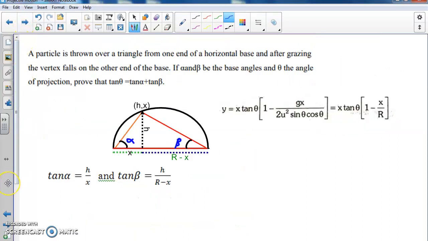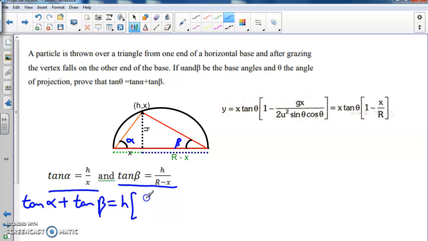In the next question, this is the figure, and in the first triangle we have tan alpha is equal to h upon x and tan theta is equal to h upon r minus x. On adding the two, we get tan alpha plus tan beta equals, take h common from the 2, we get 1 upon x plus 1 upon r minus x,